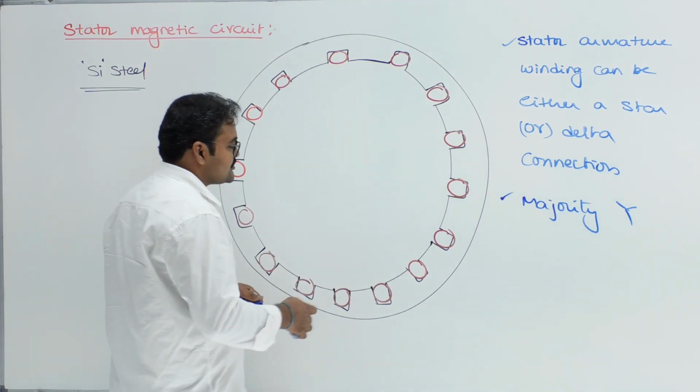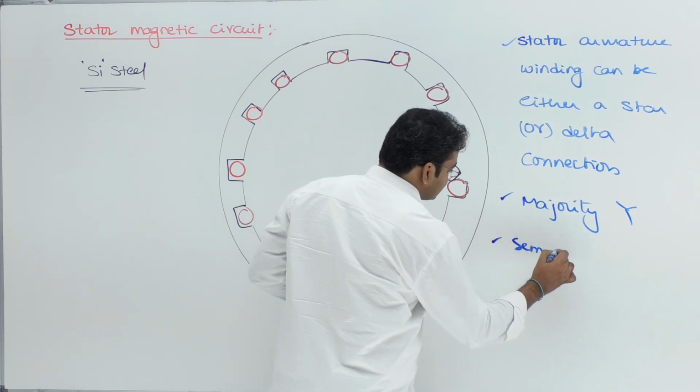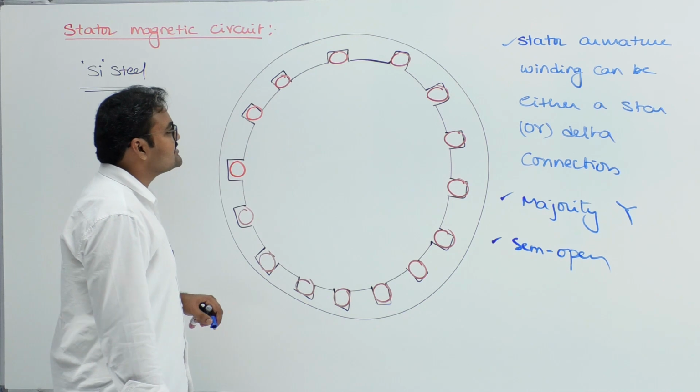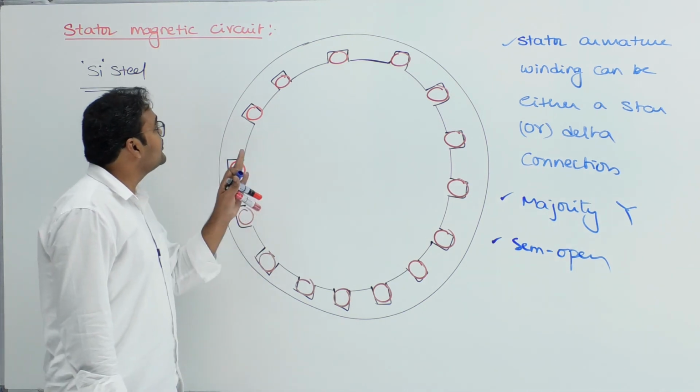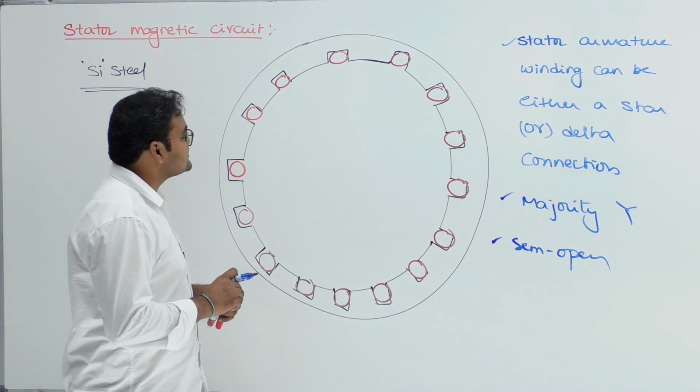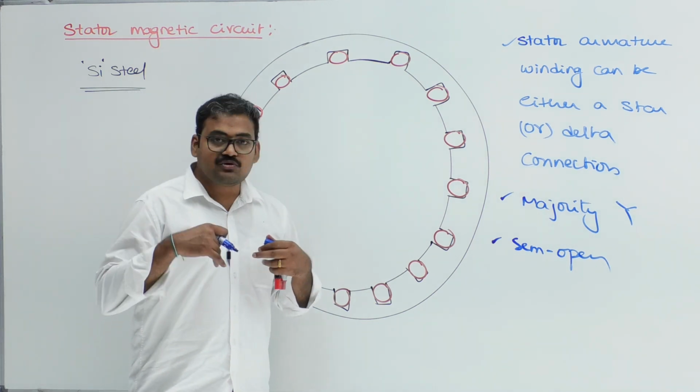Okay, so we will use semi-open slots in most of the cases. Semi-open slots. Okay, that's all. These are the basic details regarding armature circuit or stator circuit of a synchronous machine. One more important point is that we always wanted to generate